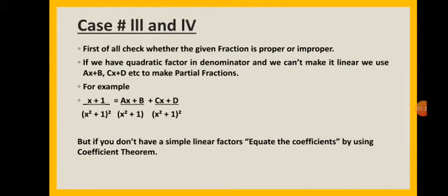So here for example, here is x plus 1 over x square plus 1 whole square. The factor in the expression in denominator is a quadratic factor, and it can't be converted into a linear factor, so we will use ax plus b and cx plus d to make the partial fractions of it. But the case 3 is that